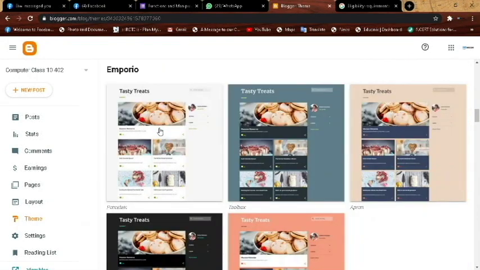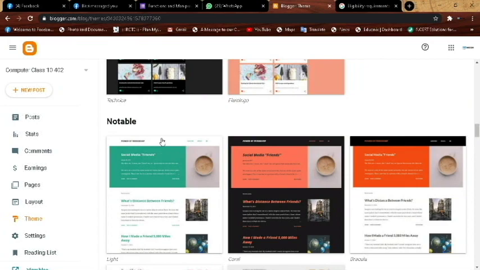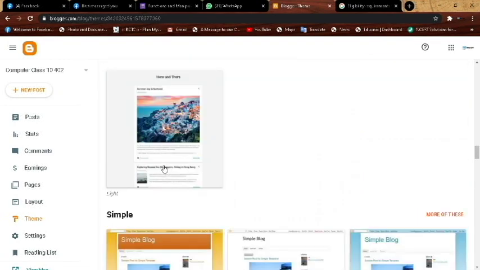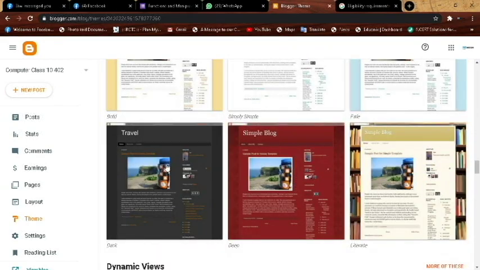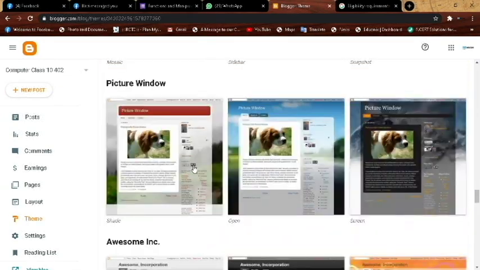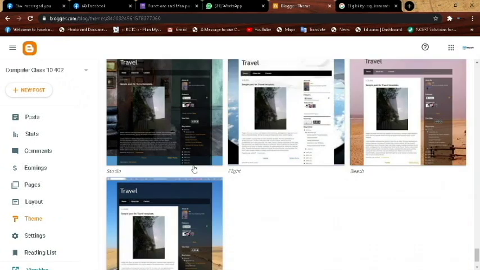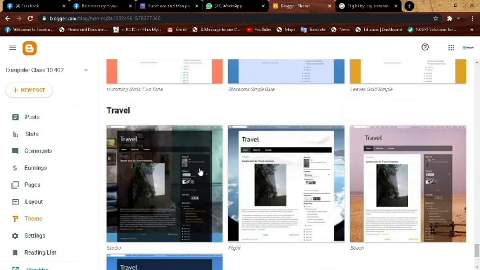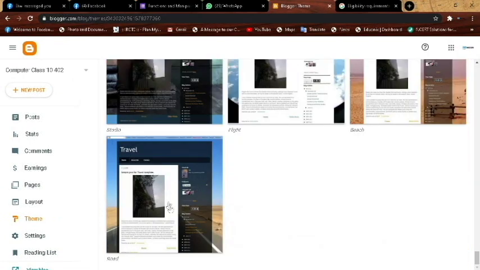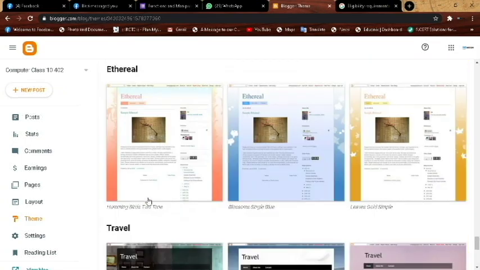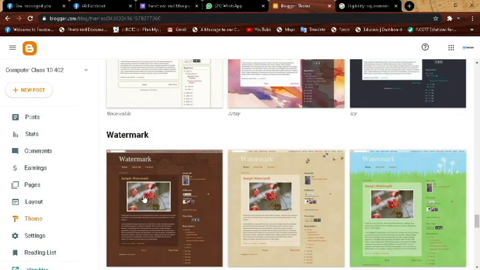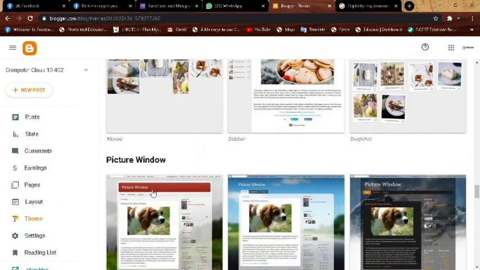Based on your blog data you can select any kind of theme. Suppose I am taking notable, simple, so many kinds of themes are there. You can select any theme. If you are making a travel vlog, you can select this. It's up to you, any kind of theme you can choose from here.